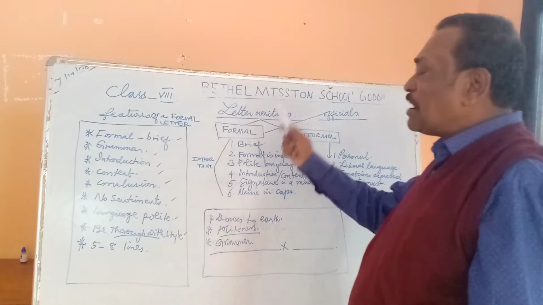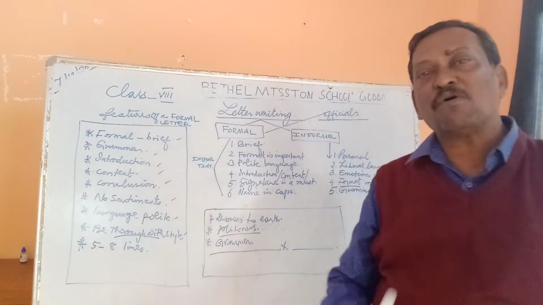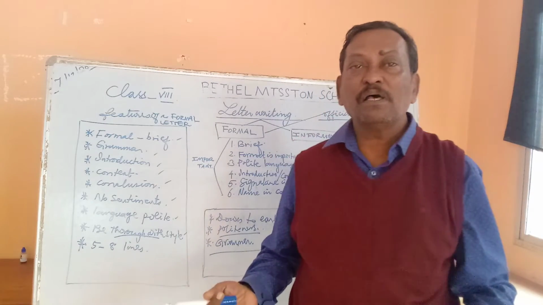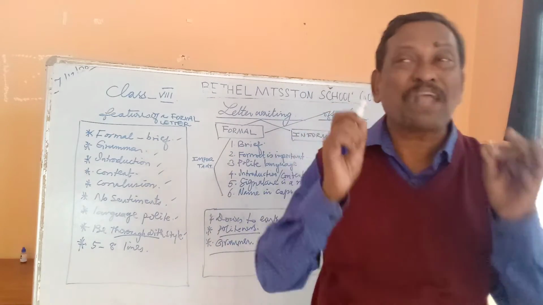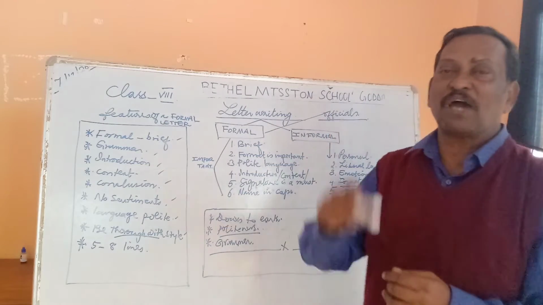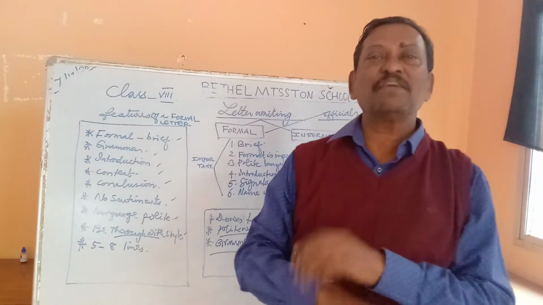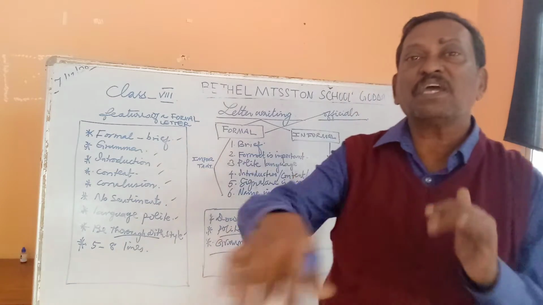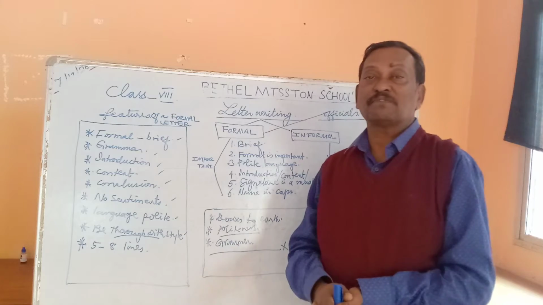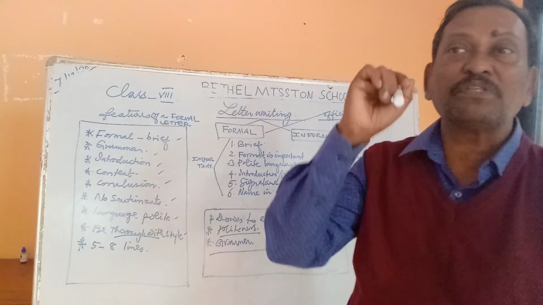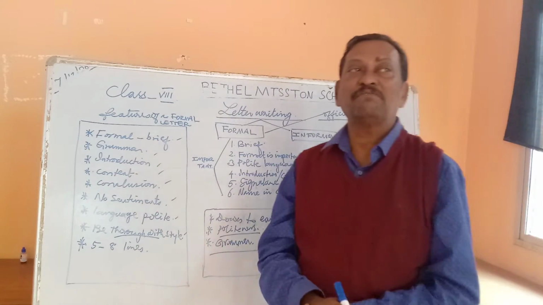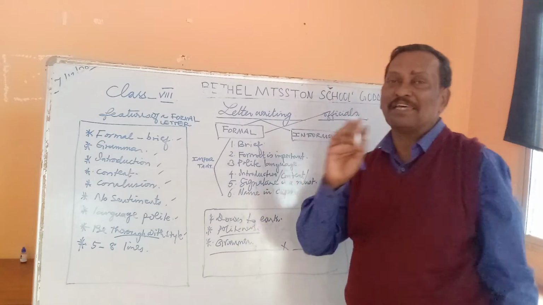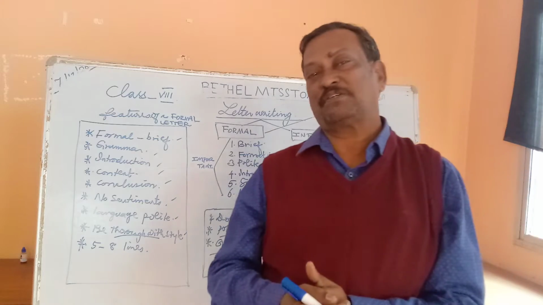So you need to approach your principal or the head of the institution in a formal way. What do you mean by formal? In a proper way, through writing, black and white. You have to write the reason for your leave, and you will have to mention the number of days that are required as leave, and you have to mention the purpose or the reason as to why you are taking leave. These aspects need to be included in the letter. This is known as a formal letter.